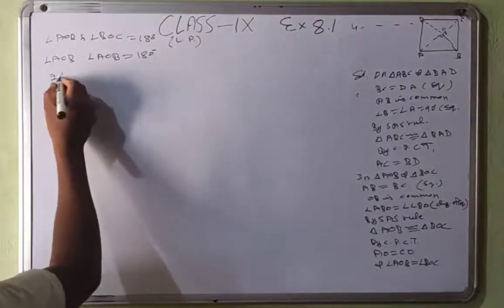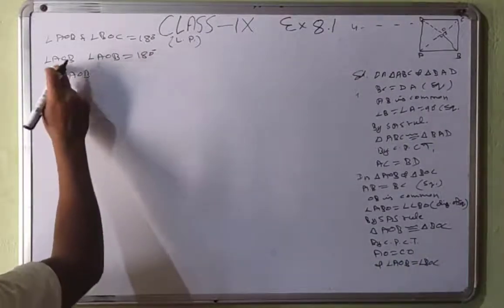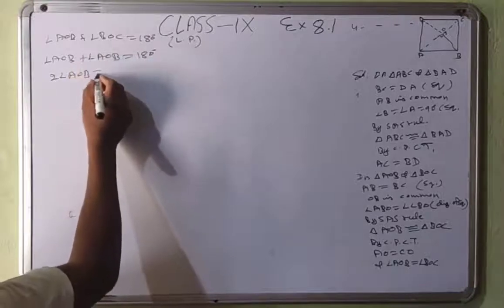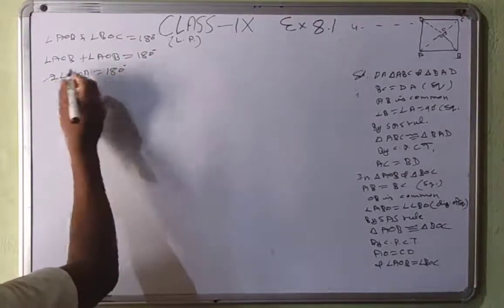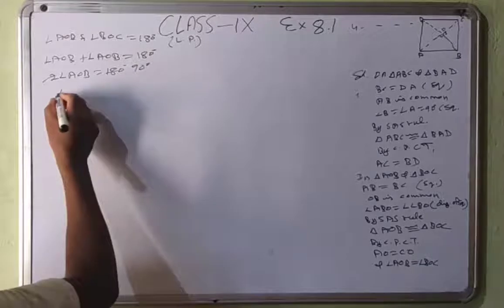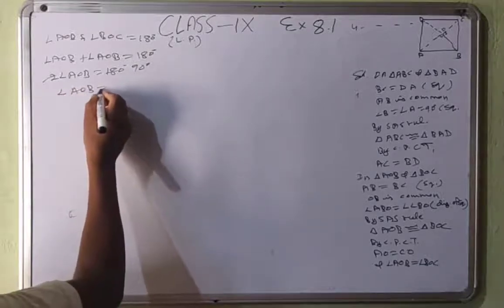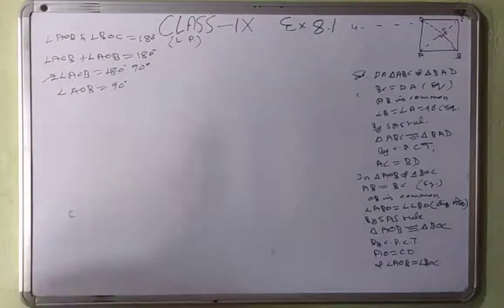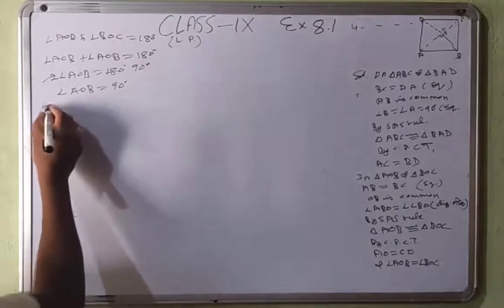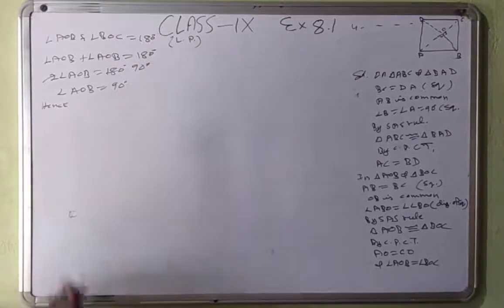So 2 angle AOB is 180 degree, cancel by 2, that is 90 degree. So angle AOB is equal to 90 degree. Hence